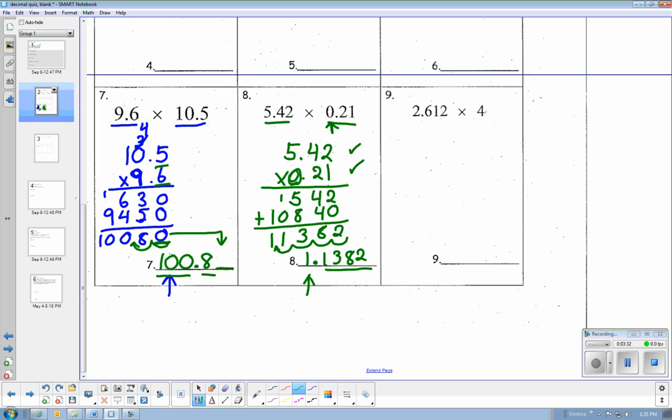Okay, on number 9, we take the 2.612. This is an easy one. Now notice how I'm not lining the decimals up. Everything will work out just fine. When I get my final answer, I'll be moving it over 3 places because I have 3 decimal places in that factor. Multiply it out. That's 8, 4, 24. 4 times 2 is 8 plus 2 is 10. And we're moving that over 3 decimal places. So 1, 2, 3,